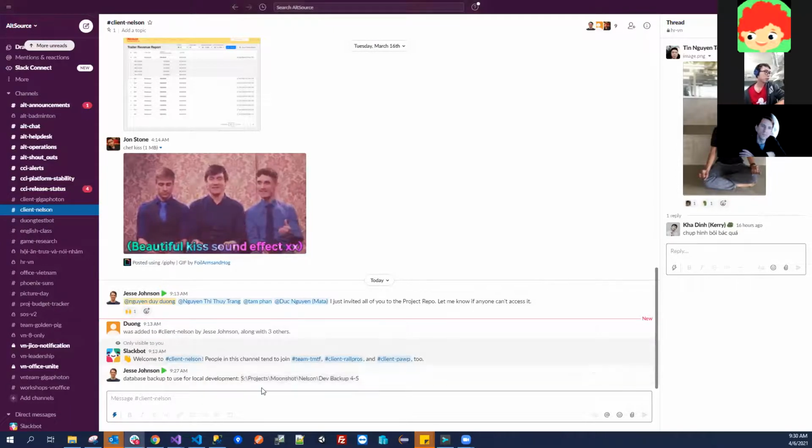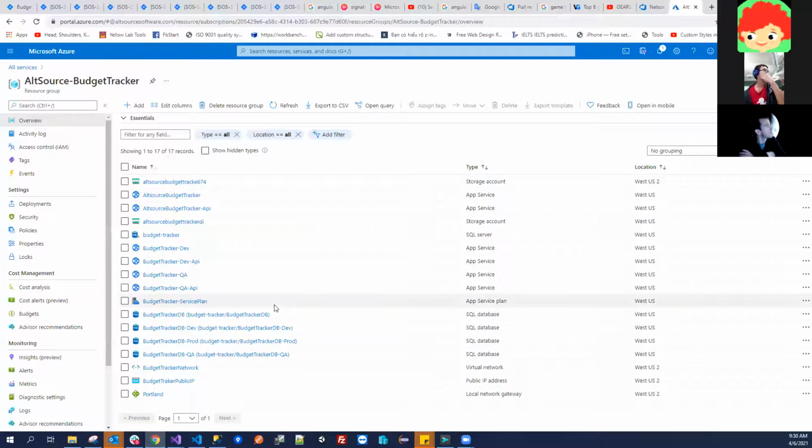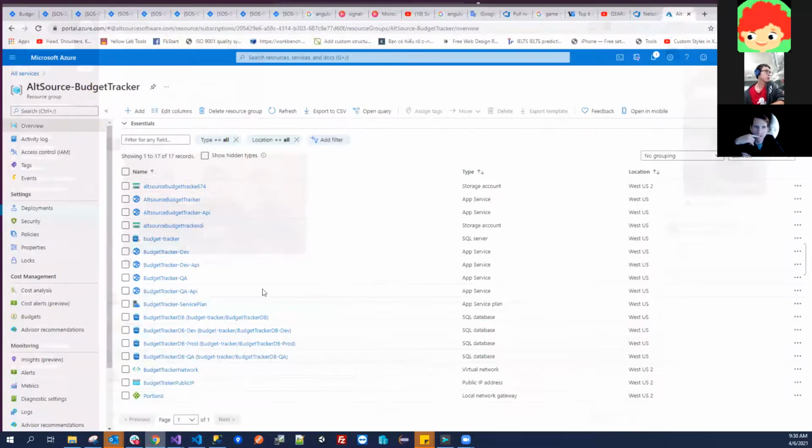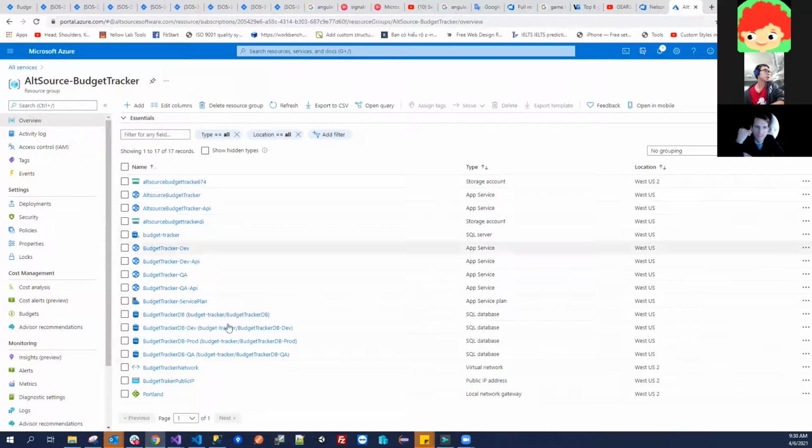I'm not sure we can access the S drive. Is there another one that you have access to? Can we use the dev environment on Azure? You could point to that.